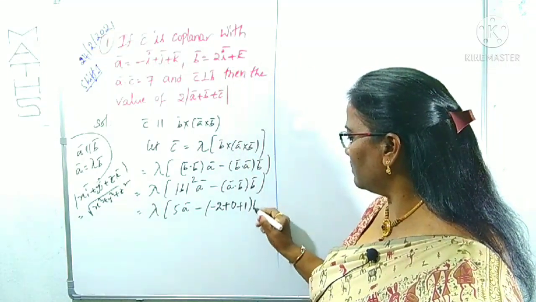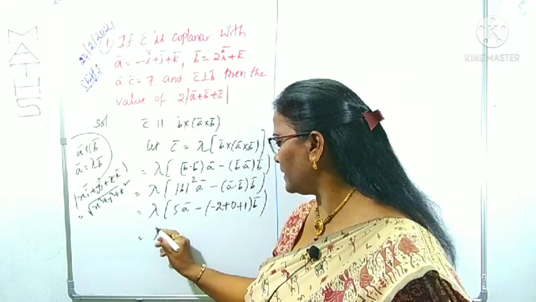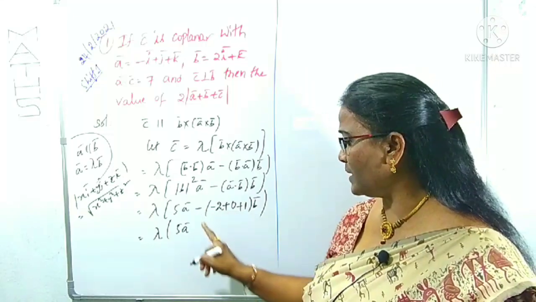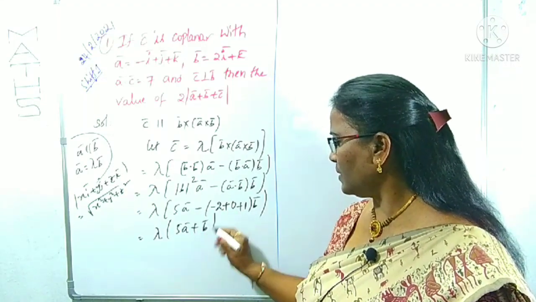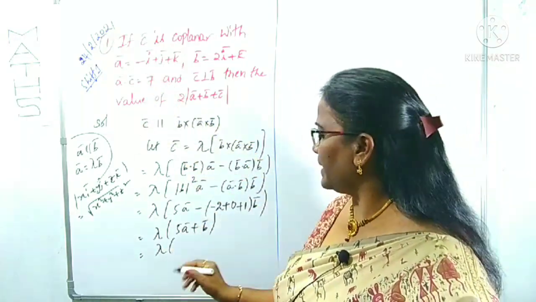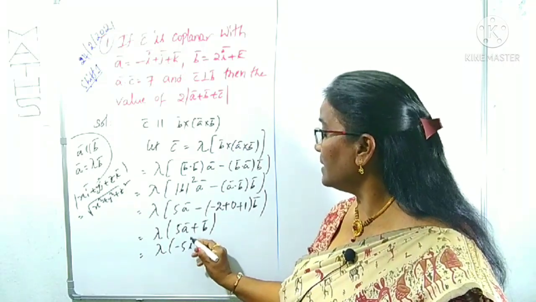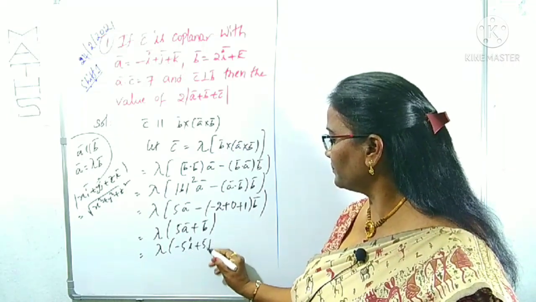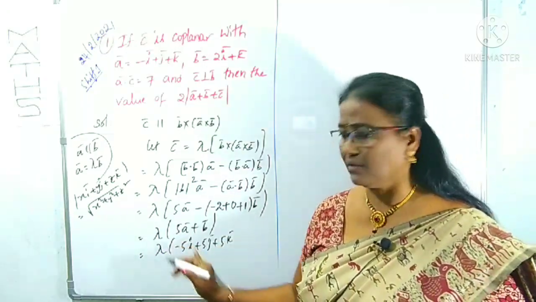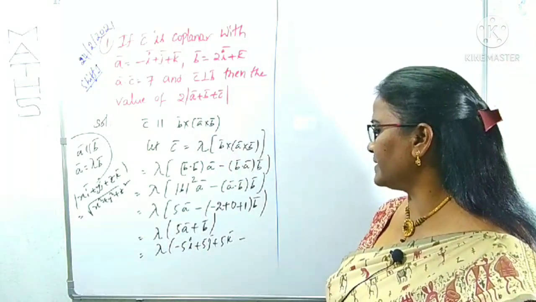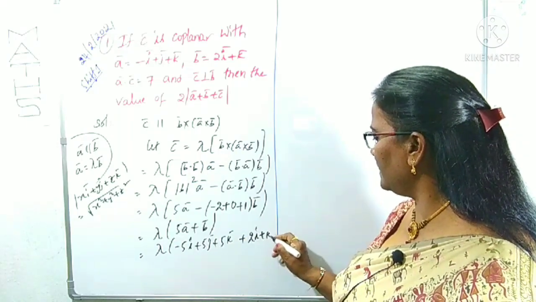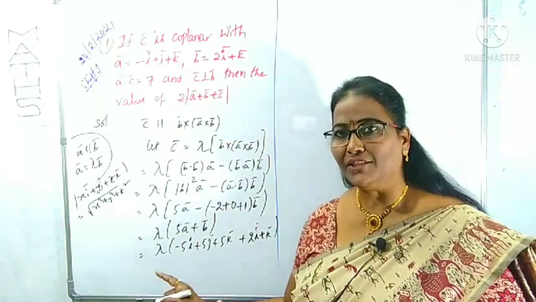This is a dot b with b bar, right? Again it is lambda times of 5a bar minus 2 plus 1 is minus 1, minus 1 minus plus b bar. You know what are the a, b? Lambda times of 5a, 5 into minus 1 minus 5i plus 5j plus 5k, right? Carefully you have to do the simplification, somewhat lengthy for this question. Minus with the plus b, b is what? 2i plus k. Instead of the combination, we can take order triads also.